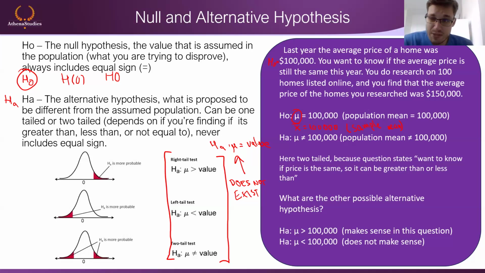In this case, it does make sense, but the other one where you say mu is less than 100,000, the test doesn't make sense, right? Because you want to see if it's 150,000, right? So you want some evidence that's going to support your claim that the average price of the homes could be 150,000. If you prove that the mu is less than 100,000, you haven't proven anything because you think it's 150,000, right? So that test makes no sense for you.